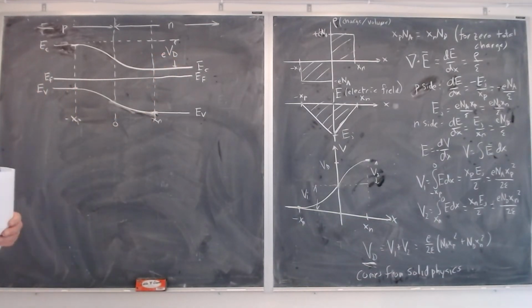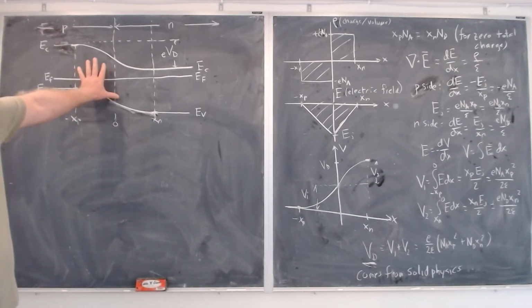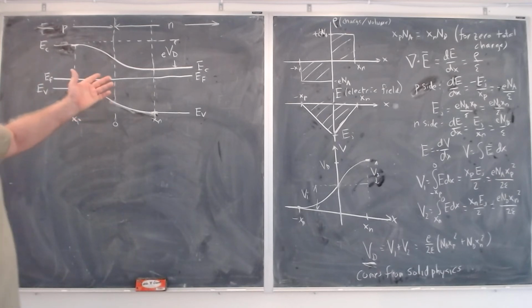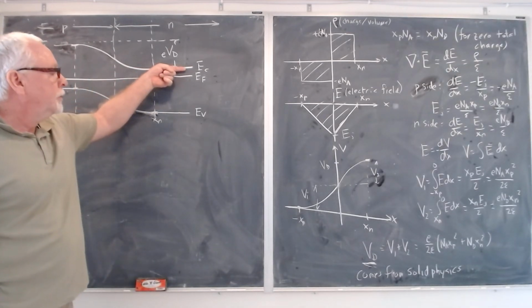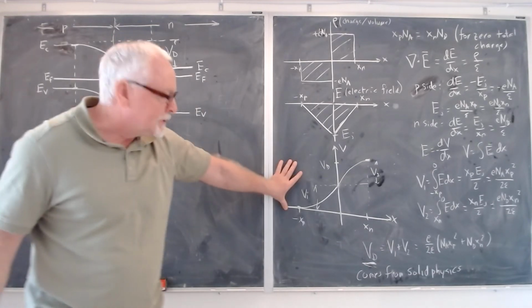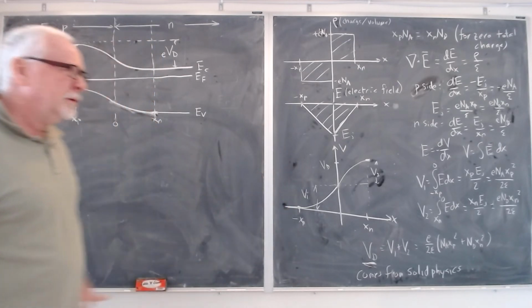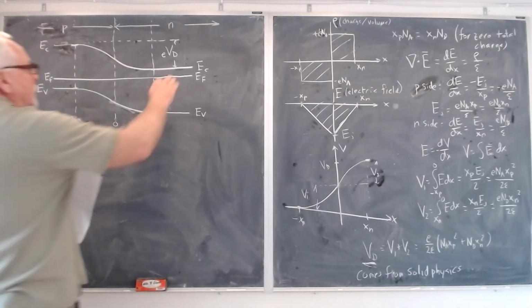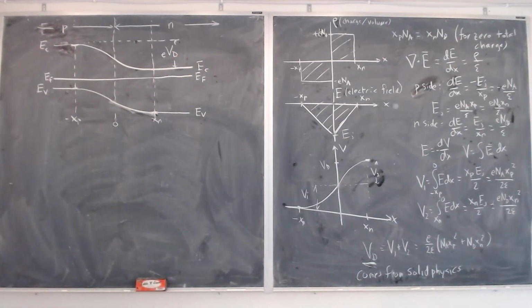Now, because we usually think of energy in solid-state devices in physics in terms of electron volts, it's the same number. So, like if this is 0.7 eV, this is 0.7 volts. You don't need to think about it too much. It's the same number on both diagrams when you use electron volts as energy. Okay, so we would like to know what V sub D is, and